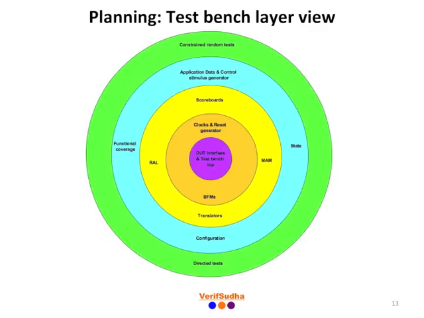Test bench functional division in layer form is dividing overall functionality into 5 layers. The innermost layer is the test bench top where the signals of the DUT are connected to the test bench. Second layer is about abstracting the signal level information to transaction level information. A transaction in OOPS terminology is object containing related information.